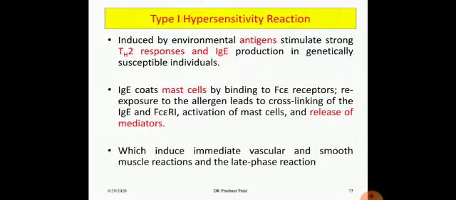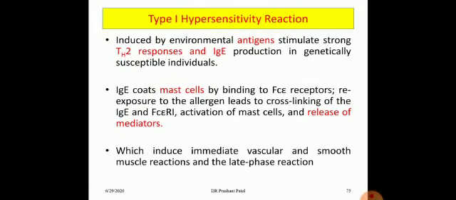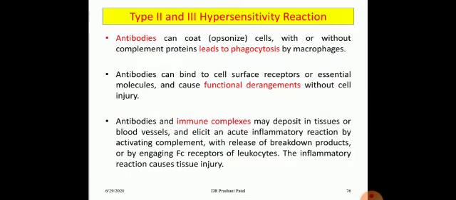So this is about hypersensitivity reaction. The key mechanism in type 1 hypersensitivity reaction is production of IgE and activation of mast cells. Once these mast cells are activated, they release pro-inflammatory cytokines and preformed mediators, and induce inflammatory reaction at the site of exposure. In type 2 hypersensitivity, antibodies are formed which induce inflammatory reactions at the site of deposition.